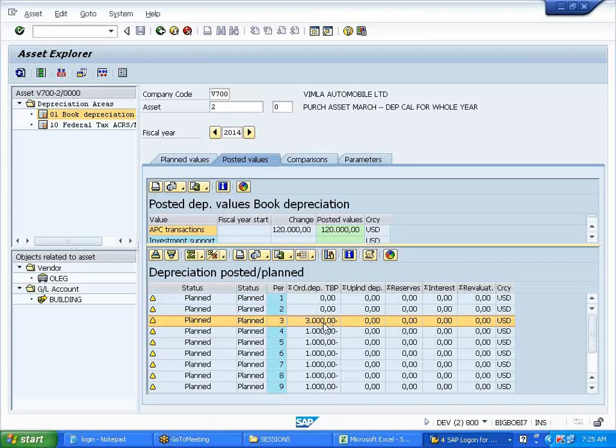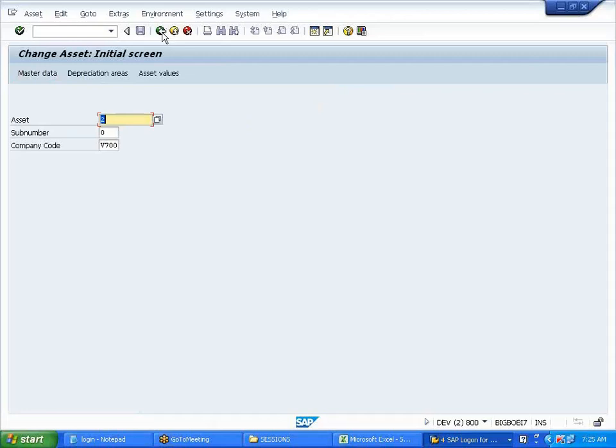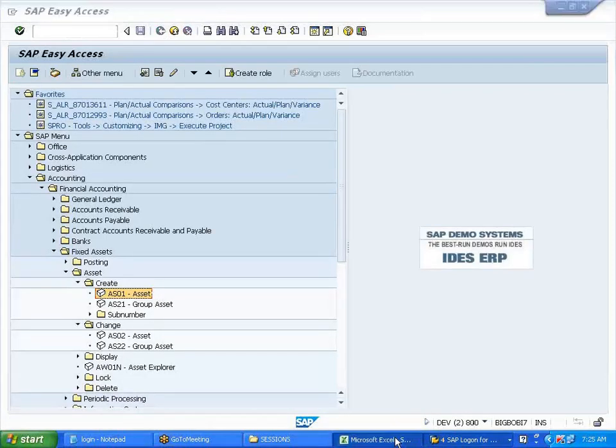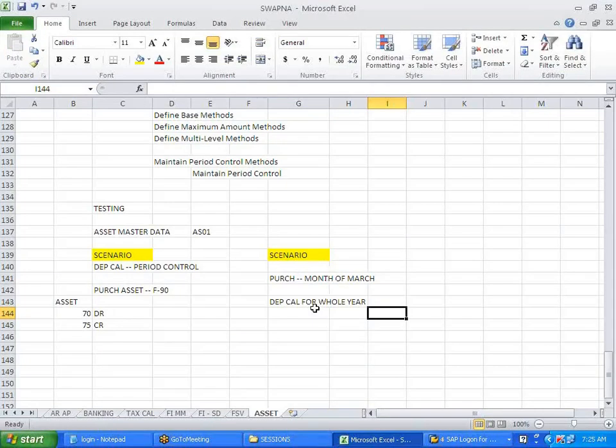The one which was getting distributed in the past periods is called smoothing. Clear? So it is calculating as per our scenario. Okay.